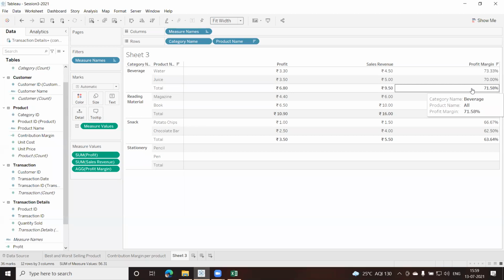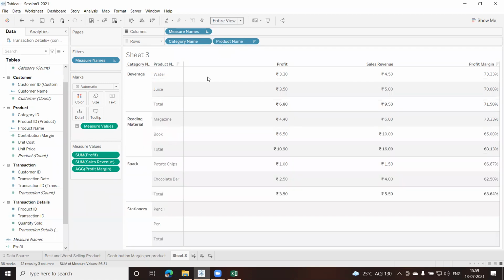But I hope whatever we have done today, especially small things like we have created a calculated field, then we did some formatting also, then we saw how to do the sorting from here. Then we saw this new option, standard, then fit as per the width and the height, or the entire view. Usually you'll find entire view has been used. All this should be the takeaway for today.